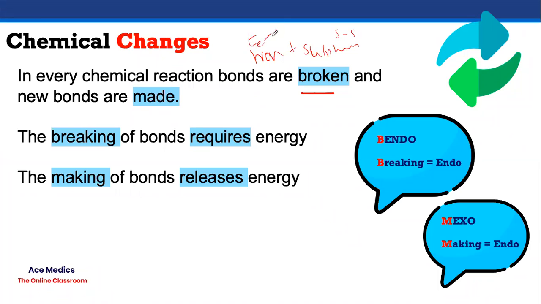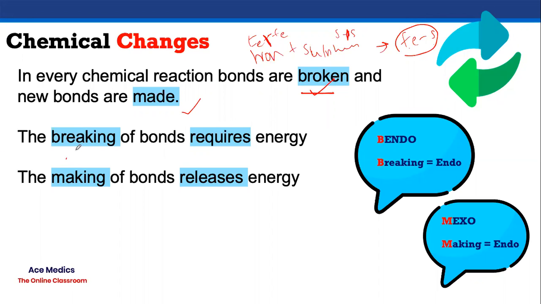So iron has the chemical formula Fe. So atoms of iron will be joined up with other atoms of iron. Same principle goes for sulfur. So what needs to happen for us to form iron sulfide is that bonds between iron need to be broken. Bonds between sulfur also need to be broken. And we need to form new bonds between iron and sulfur. So in a chemical reaction, bonds are being broken within the reactants, and then new bonds are being formed within the products. Okay,